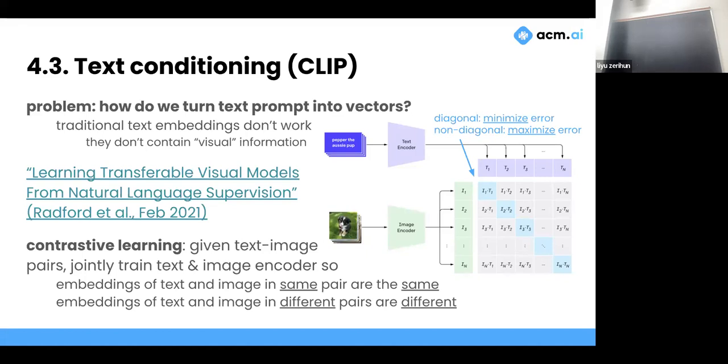And our loss is twofold. We have two objectives. The first objective is the output embedding. Usually both of these output a vector that is exactly the same size. The output embeddings of the text and images that are in the same pair should be the same. That's the first objective. The second objective, the embedding of the text and image in different pairs should be different.